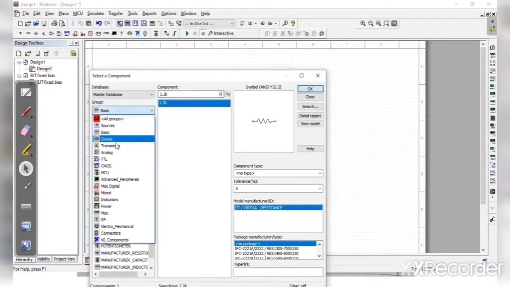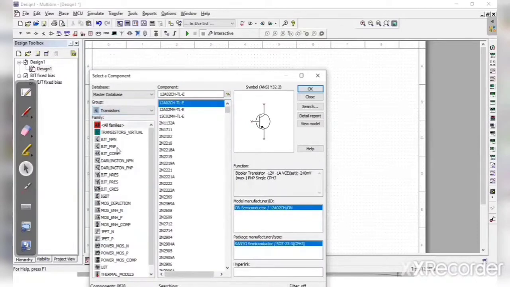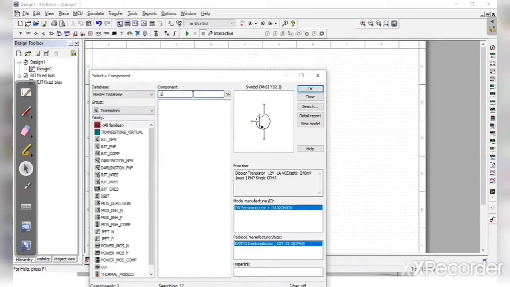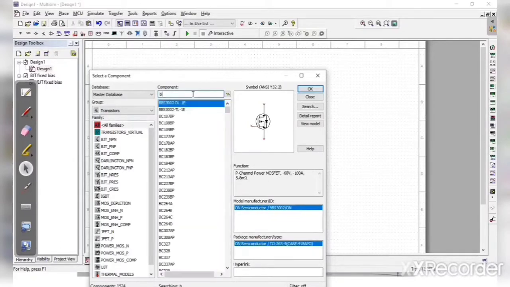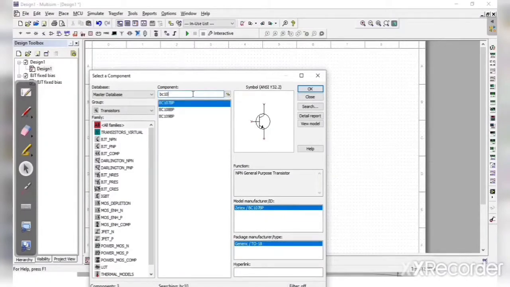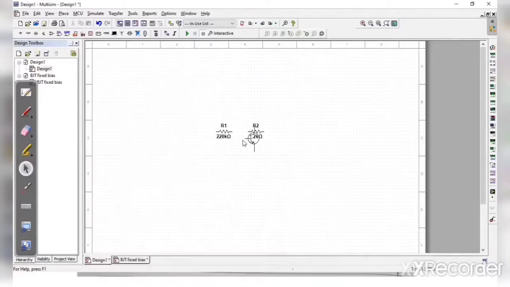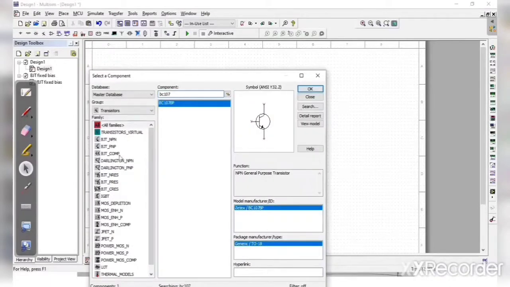Now we want a transistor. For that, we choose the transistor, and in that we want BC107 BP. So this transistor we want, and we click on it. Then we want one power supply VCC.